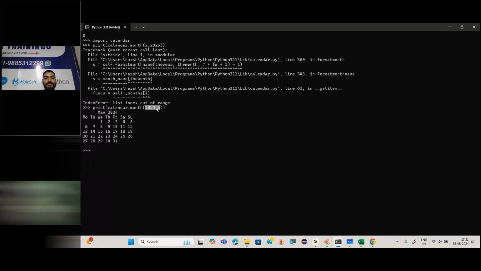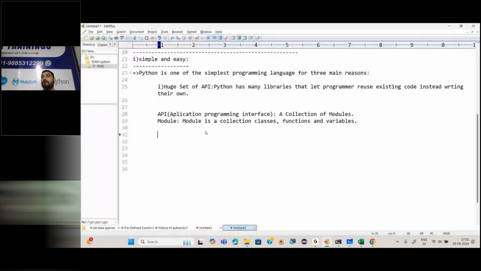Yes, it is easy. So this makes Python one of the easiest programming languages with the help of the module feature. One of the simple languages. This is just a single technical factor, or I would say the main reason. Tomorrow I will explain the second and third reasons.